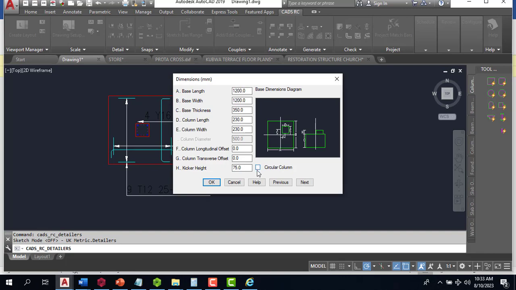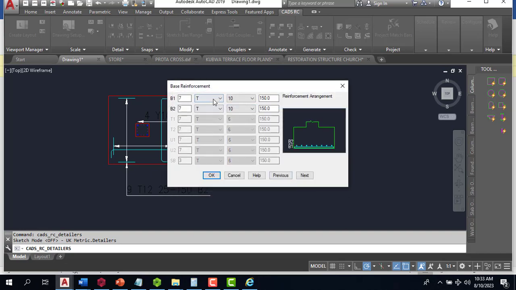But it's not a circular column, I'm going to leave it as a rectangular or a square column. I'll leave it as it is, and then I will click on next. So when I click on next, now it brings me here to the base reinforcement. Now you can see this reinforcement, it is actually a high yield. I would like to make it Y, and I will change the reinforcement to Y12 at a spacing of 150